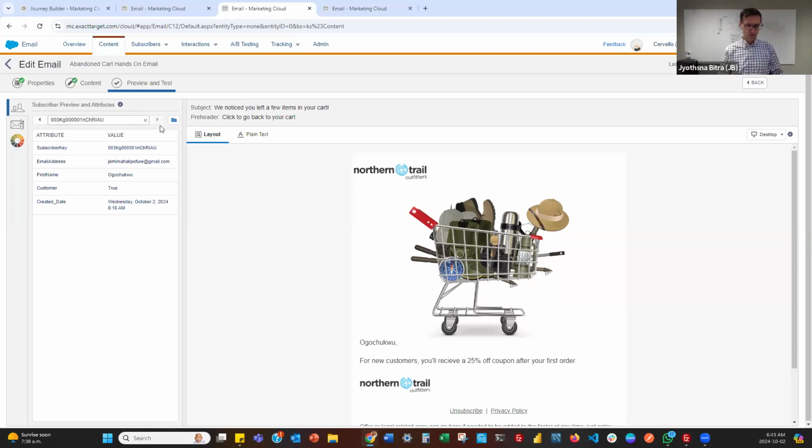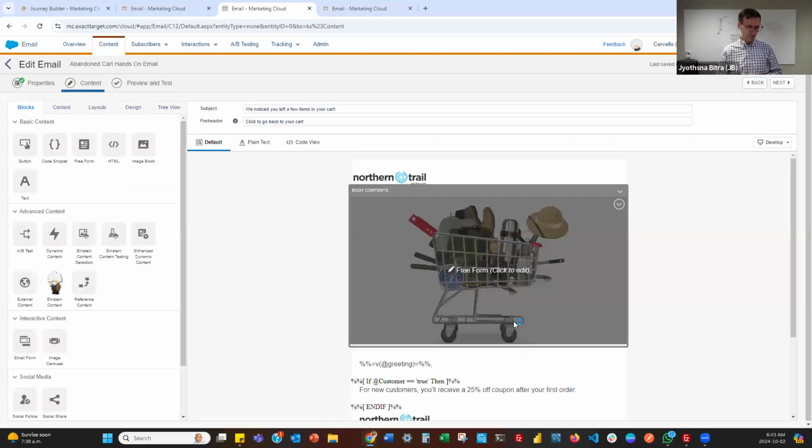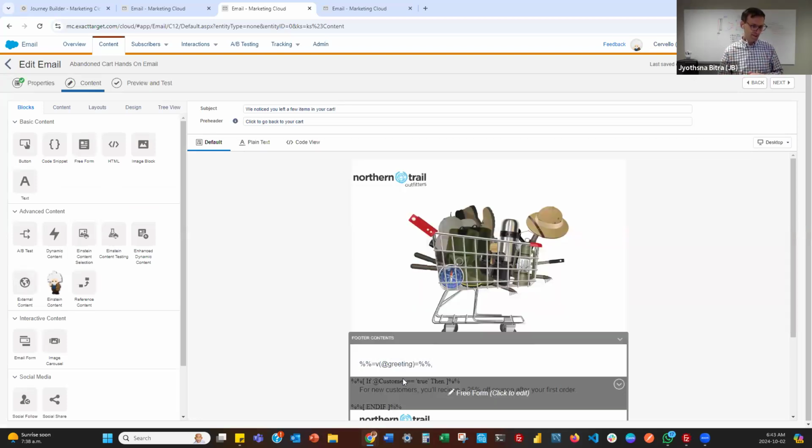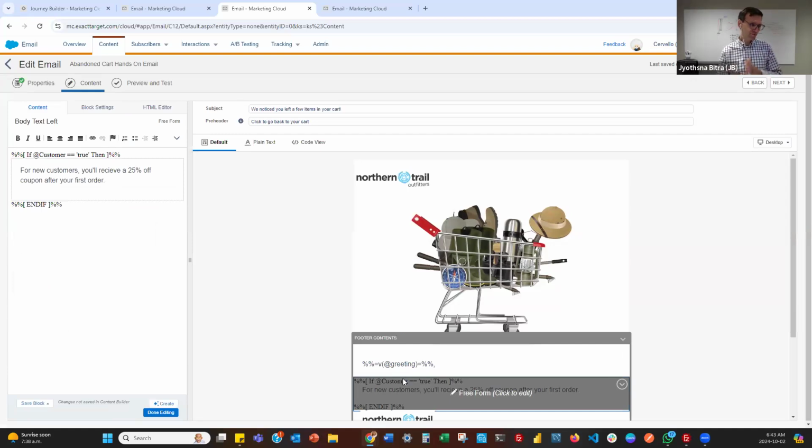Okay, one more thing I wanted to do, a little tweak on this. Ogo, if we go back to the content block, your content tab, you see all that AMP script right there. It's kind of not the best representation of it, or can be kind of like it doesn't really look good depending on who's using this. If you have a marketer who's like, what's all this code? Is that what's actually going to be shown in the email? If you go back to the HTML editor